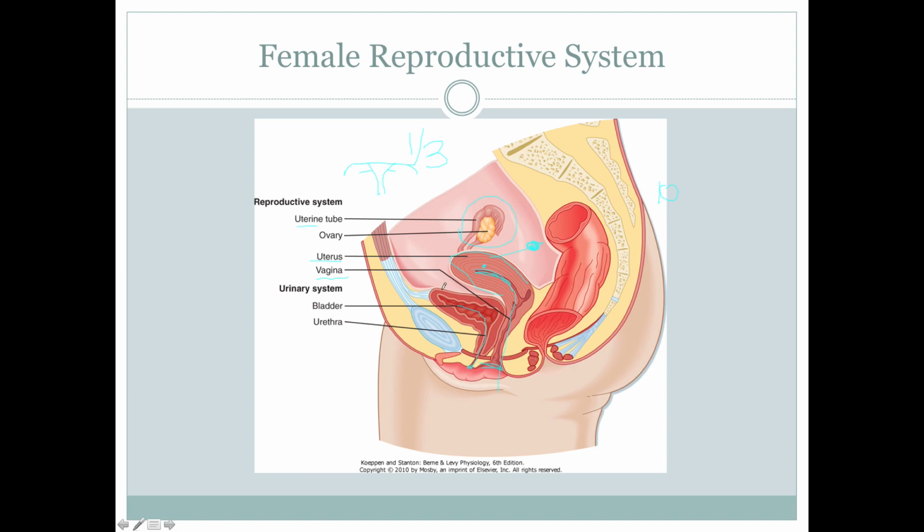So there is not a lot of anchoring here in the wall. As we talked about with males, there's not a really strong anchoring of any of these things to the body, especially the ovaries, which means they have the ability to turn and twist on themselves, which you see when they're really heavy. So that would be more common with a cyst there. That is something that needs to be corrected immediately.